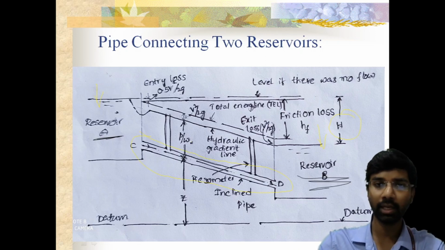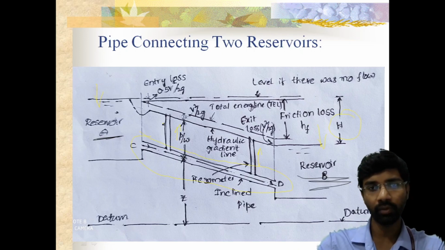So let us consider two reservoirs. Let these two be the piezometers. Not only two, for understanding purpose I have given you two here. If you place a piezometer at every point, and connect all the levels of the water in the piezometers, you will get the hydraulic gradient line. If you connect all the levels of the pitot tube, then you will get the total energy line. The only difference between the hydraulic gradient line and the total energy line is v square by 2g, that we have already discussed in the last class.